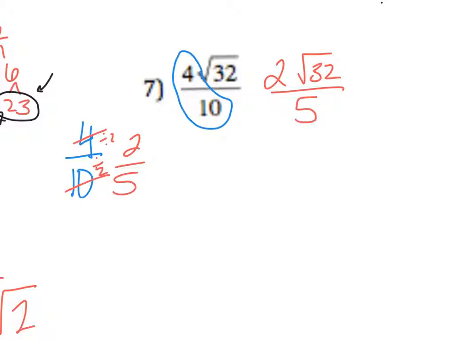Okay, so it's very important that when you're multiplying or dividing, the numbers on the outside go together, and anything that is underneath the square root, or what we call inside, also goes together. So like I said, you can't simplify the 32 and the 10 to like cut those in half. It's only got to be the numbers on the outside of the square root. Okay, so now that we've got that, we're going to simplify the 32. So just simplify the 32 just like we would before. So 16, 2,